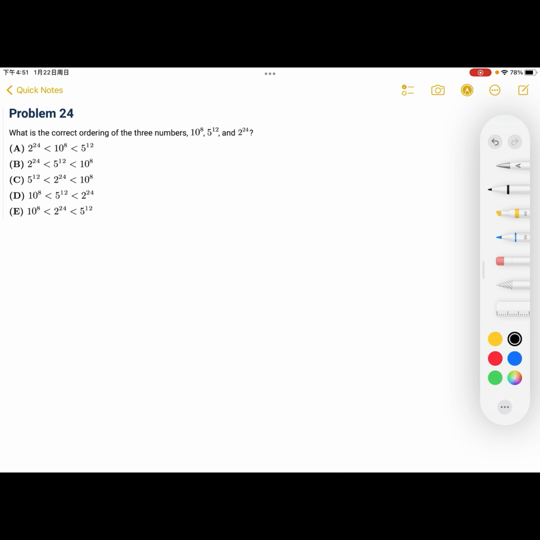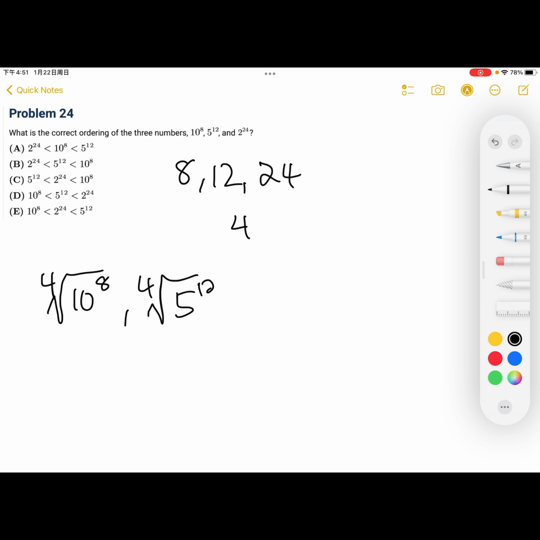So if you look closely at all of the exponents, 8, 12, and 24, you notice are all multiples of 4. So what you can do is take the fourth root of all the numbers, 10 to the 8, 5 to the 12, 2 to the 24. Okay, so if you know your exponent rules, then if you have power to a power